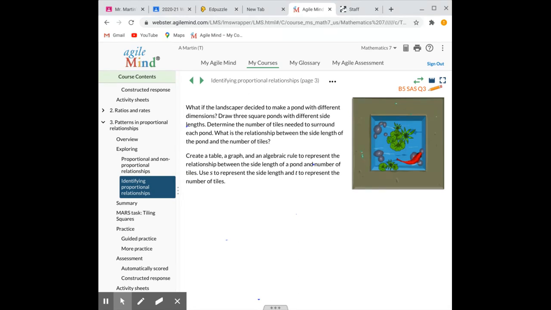Let S represent the side length and T represent the number of tiles. So what are we trying to find? The number of tiles. Good. So that means T is going to equal something. How many sides do we have? 4. Okay, so T would equal 4 times however many sides we have,